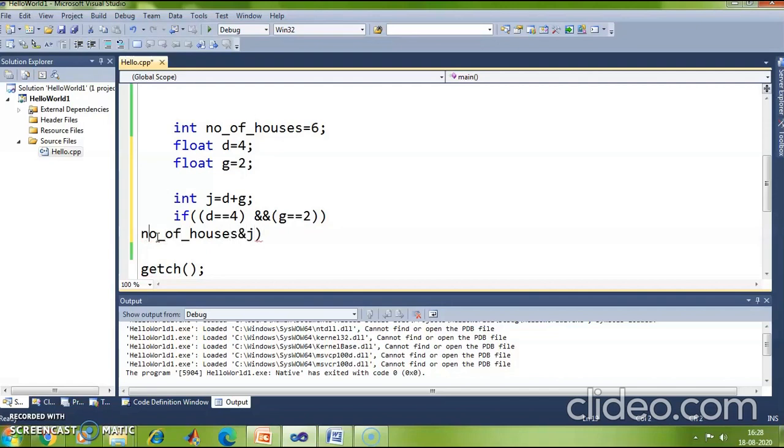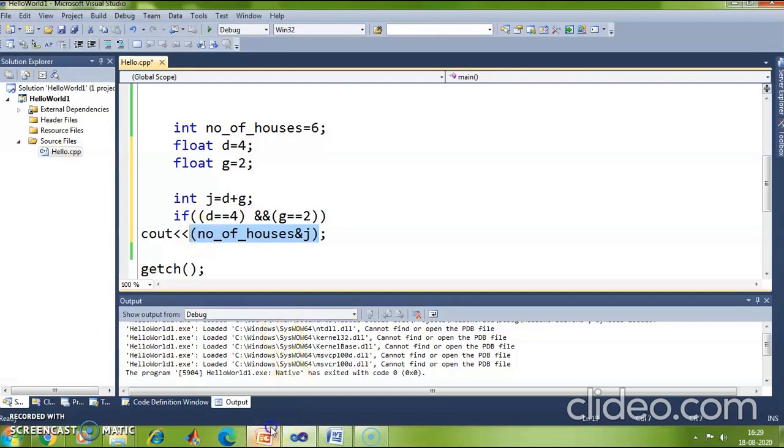I am applying bitwise operator AND with respect to two integer variables and printing the result of the same. So what type of expression is this? It is a bitwise expression, right? Any expression that involves a bitwise operator like AND, OR, NOT, XOR is a bitwise expression.